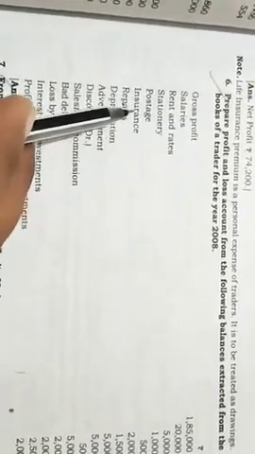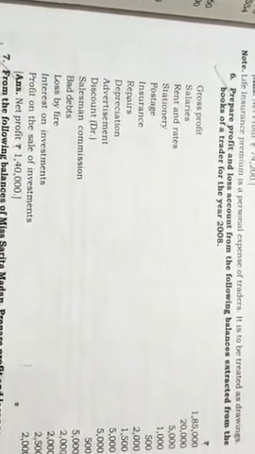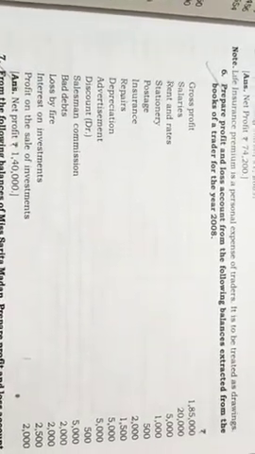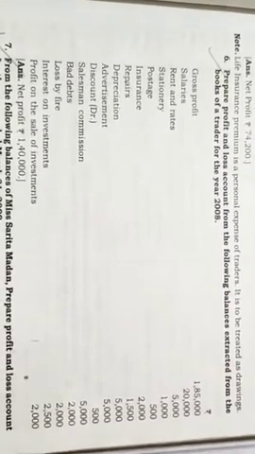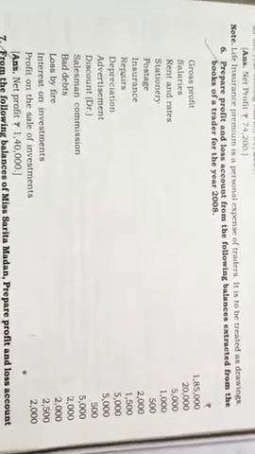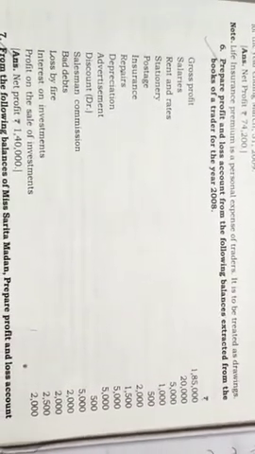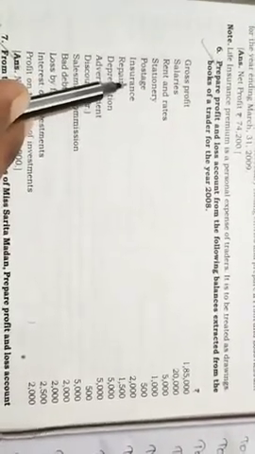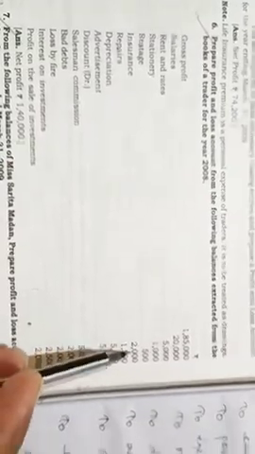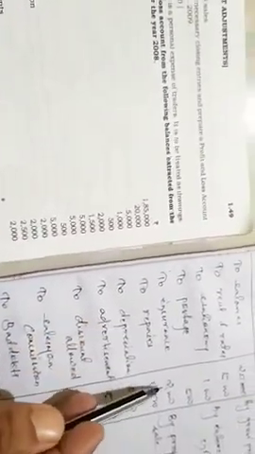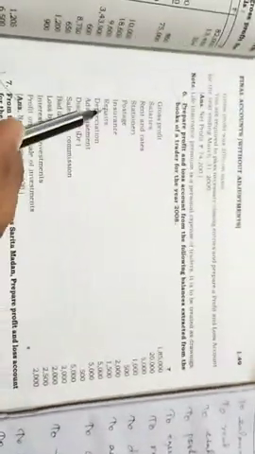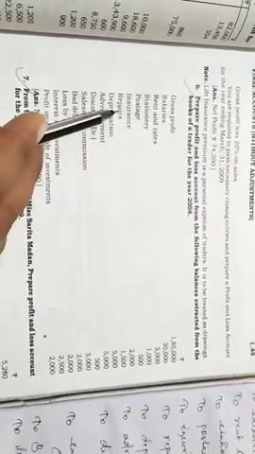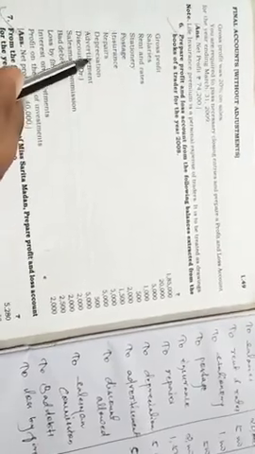Then insurance. Since it is not mentioned whether it is a factory insurance or office insurance, we should take this insurance as of indirect nature, meaning the insurance must be for office or administrative purpose. So the expense of insurance should be taken as indirect in nature. The insurance amount is 2,000. I have put here 2,000 on the debit side of profit and loss account. Similarly, there are other expenses also, like repairs. Repairs is put here on the debit side of profit and loss account, 1,500.